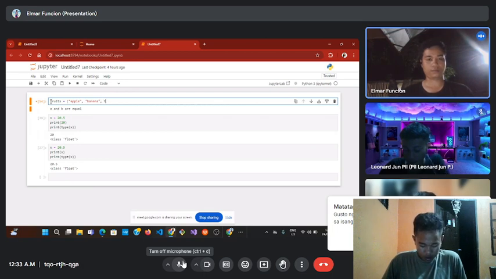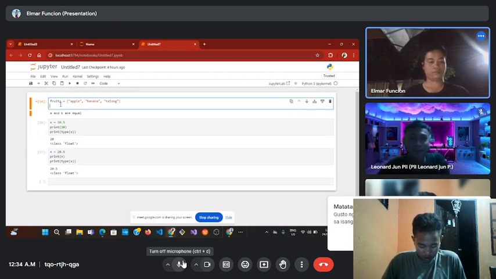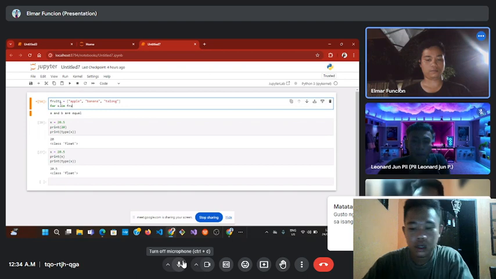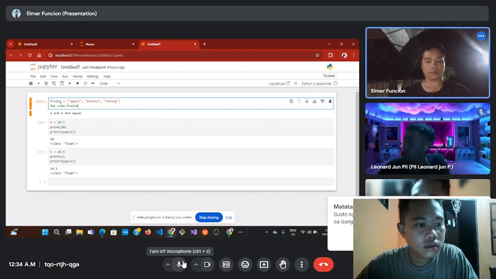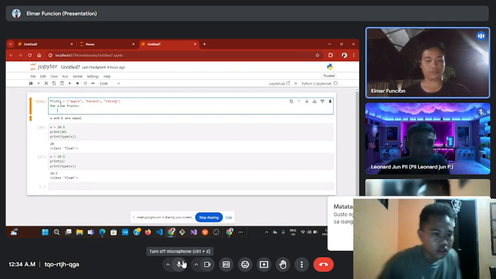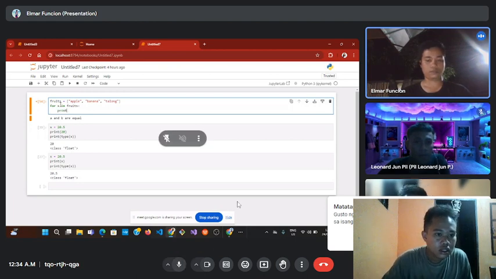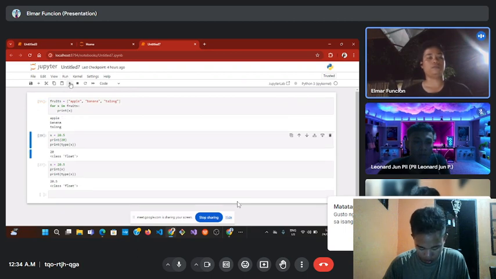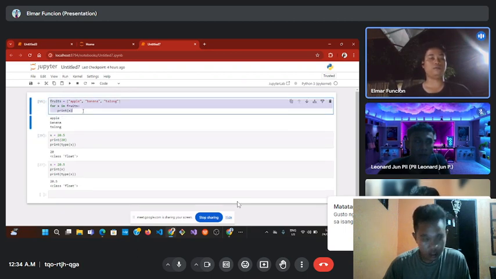And for x in fruits, just print x. So let's try this one. Okay, here you go. As you can see, we performed the for loops.